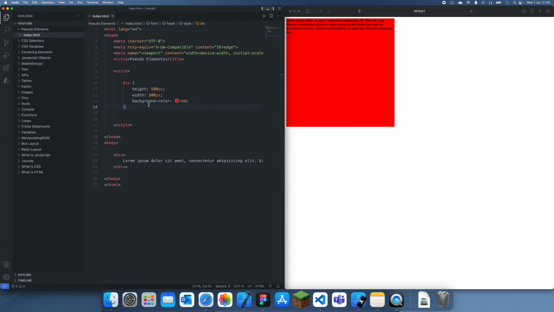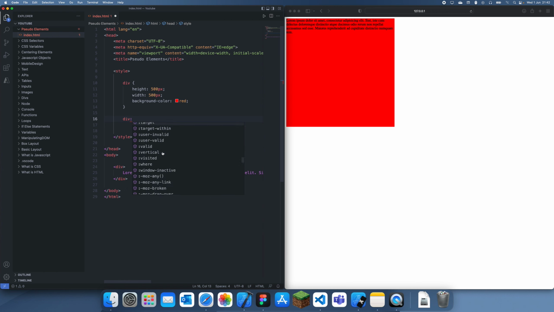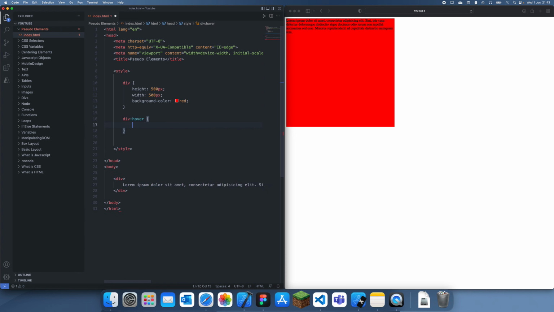So this is our div. And let's say we want to have a different look when it's hovered over. To access the pseudo elements, you do a colon, and then you get all of these down here. The one we're interested in for hover is just going to be the hover one. Now you can apply individual styles whenever it's hovered. The original styles are still going to be applied, but these styles are applied over them, so they take priority. So if we wanted to change the background color to blue,